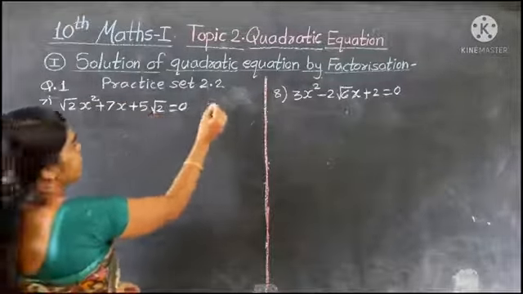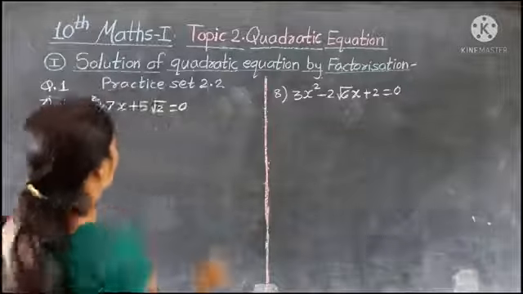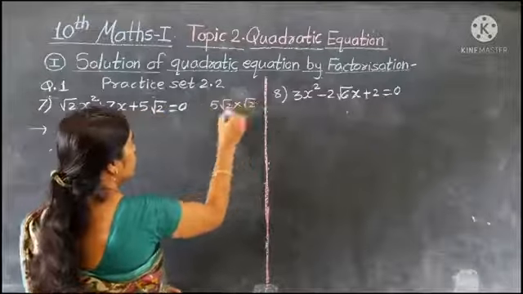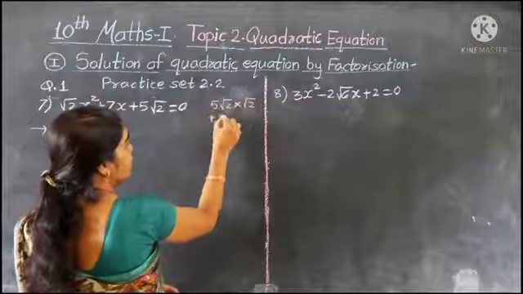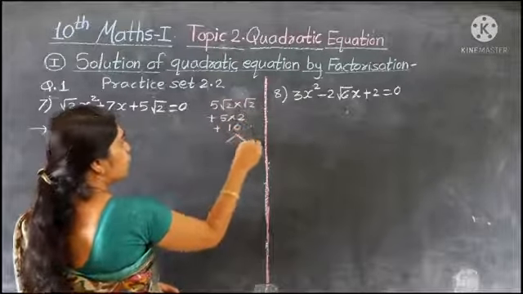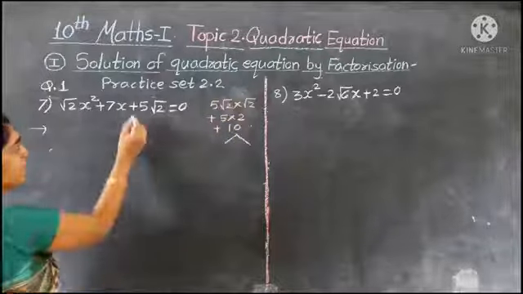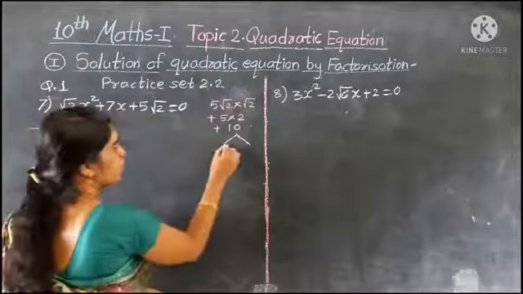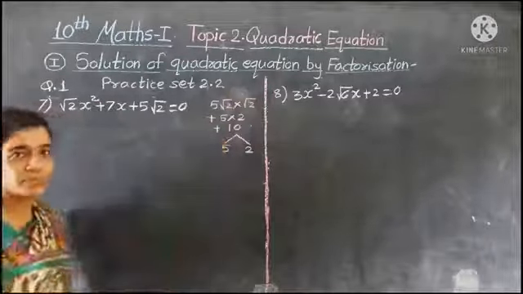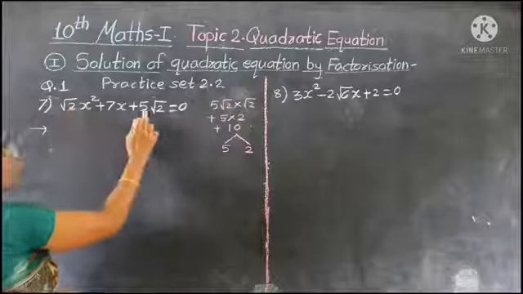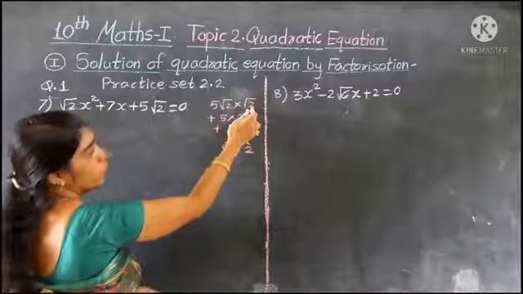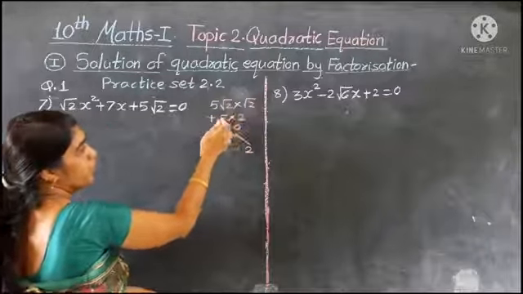See, you multiply this. What is 5 root 2 into root 2? That is 5 into root 2 into root 2, that is plus 10. We have to make the factors of plus 10 such that its addition is 7. So what is the factor? 5 2s are 10. 5 plus 2 is 7. Understand this step? See, you multiply 5 root 2 into root 2. 5 as it is, root 2 into root 2, root 4. Root 4 means 2. 5 2s are 10.